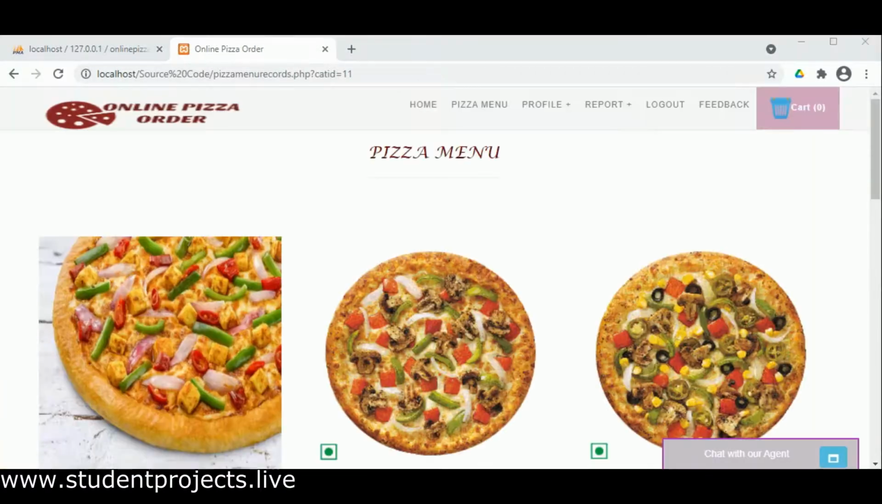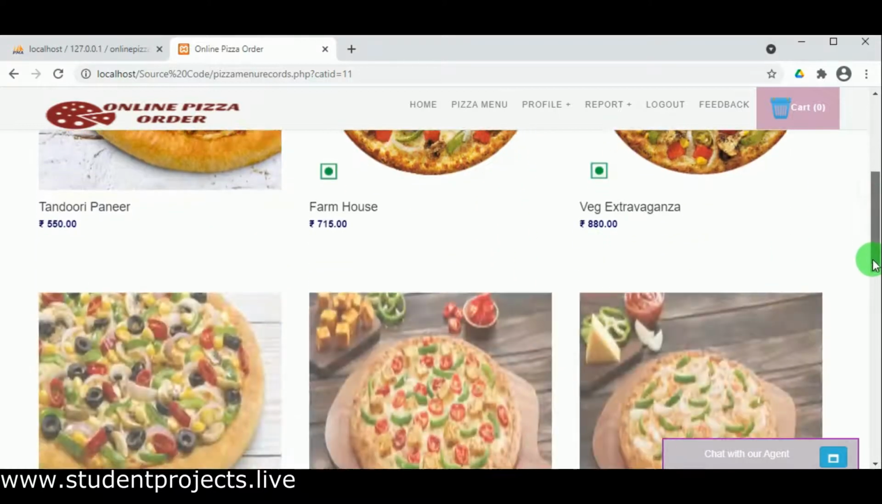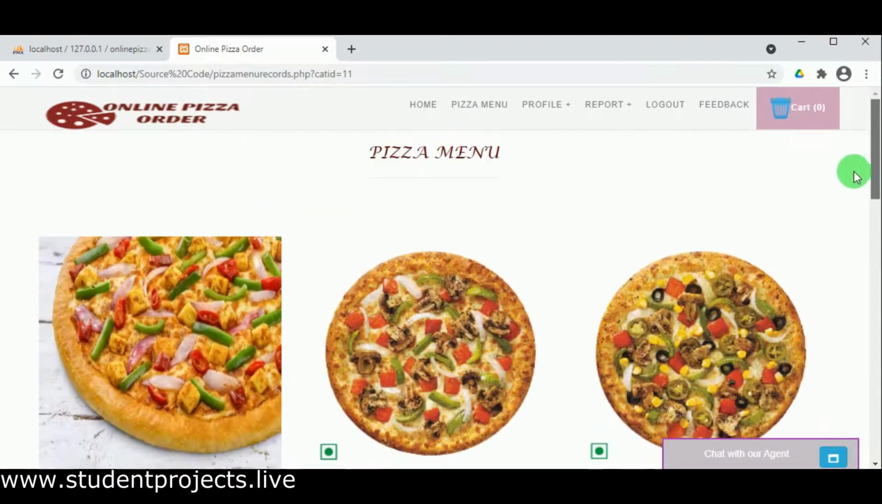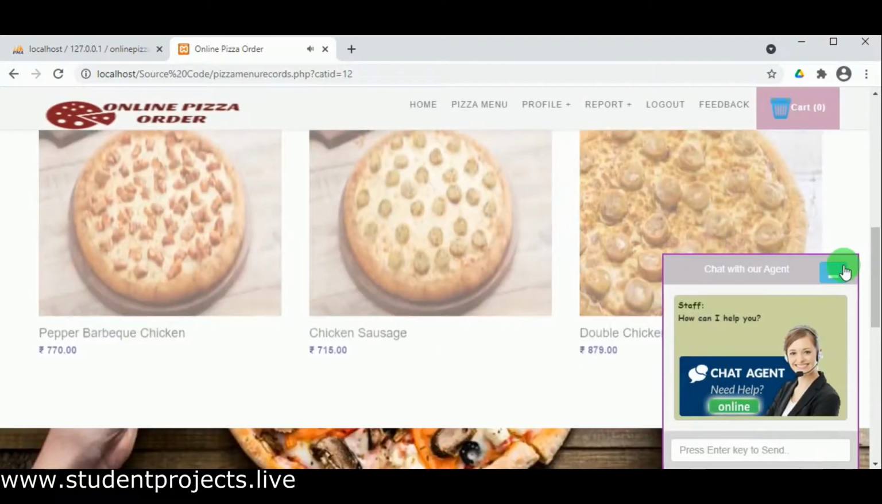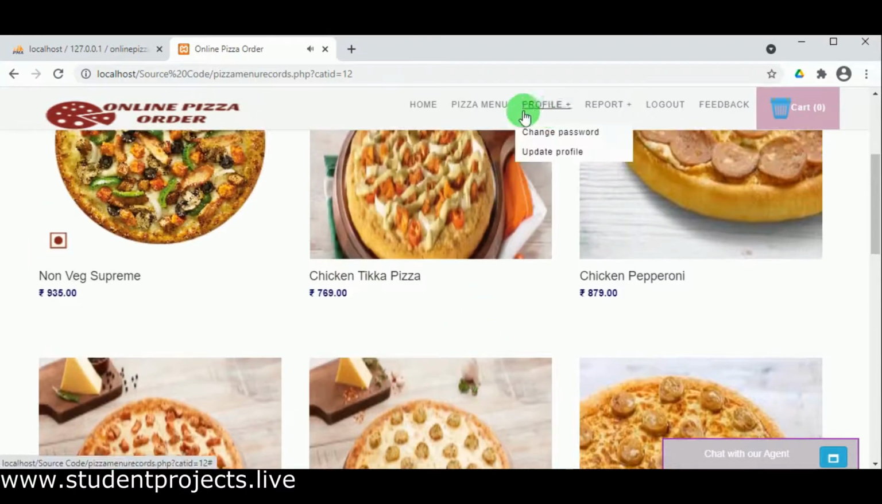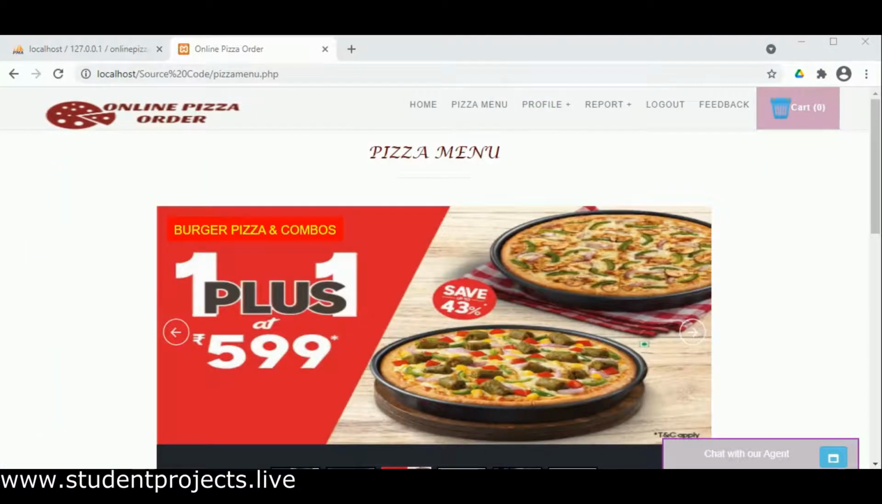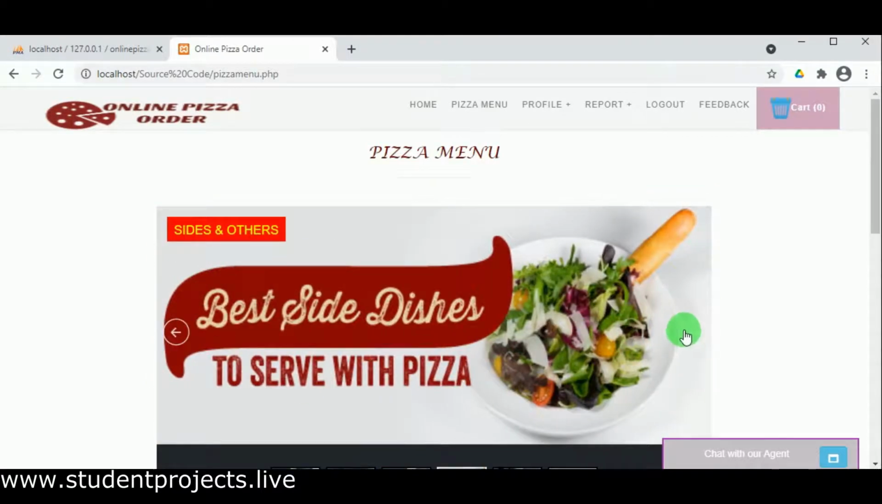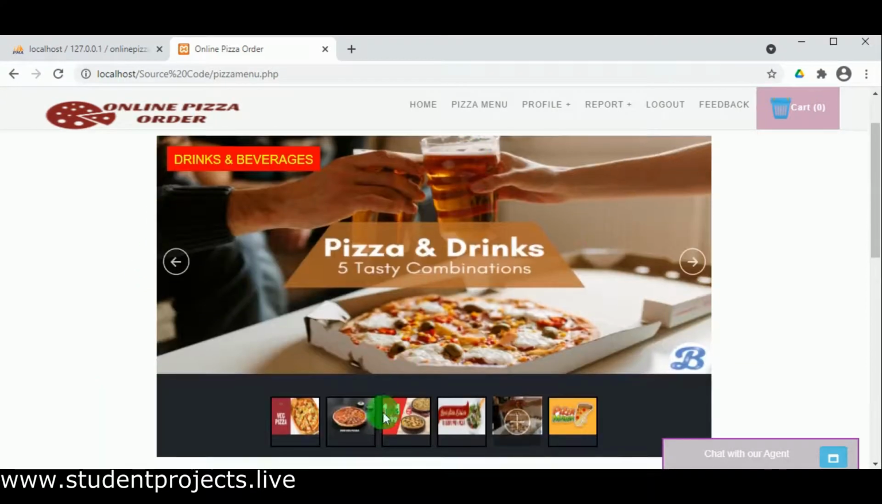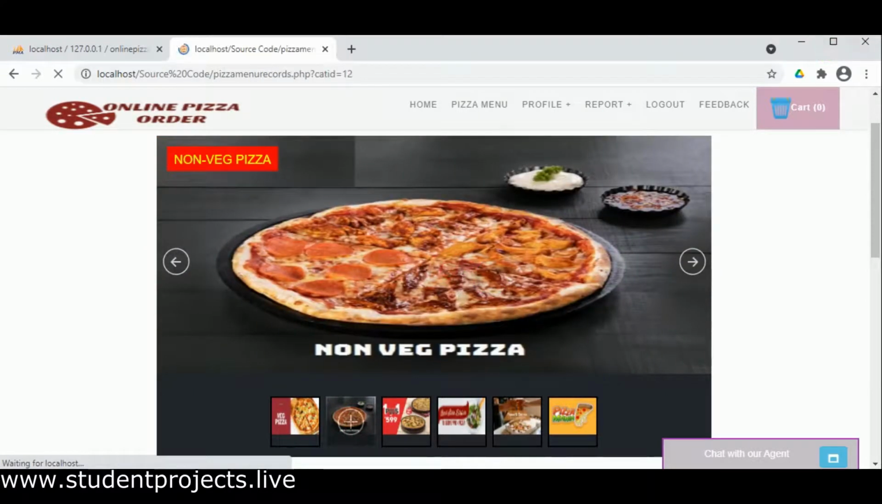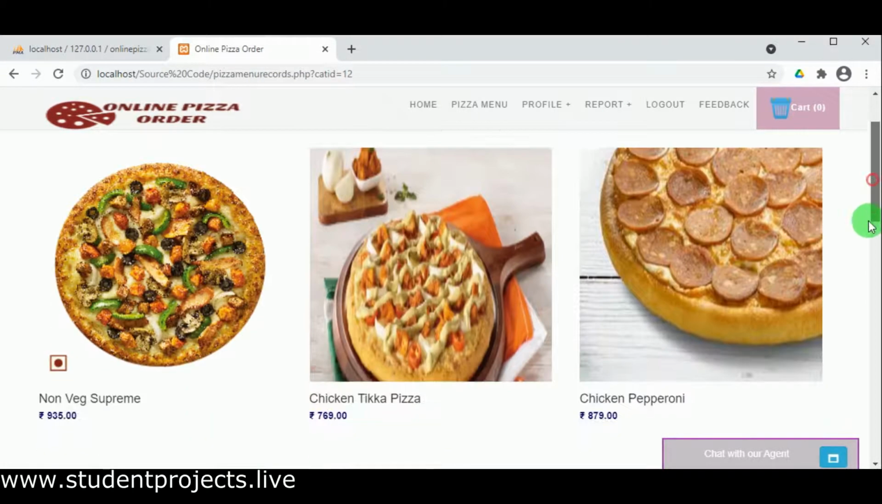So there are different categories of pizzas. Veg pizza, and in veg pizza you can view the different items here along with its price. The customer can view it. And there is non-veg pizza, where again under non-veg pizza we can view the different items with its particular amount. And then the other sides, other dishes and drinks and beverages. So these are the different categories